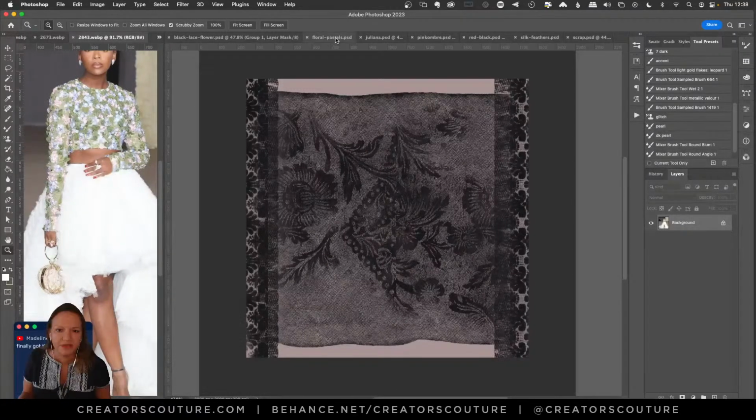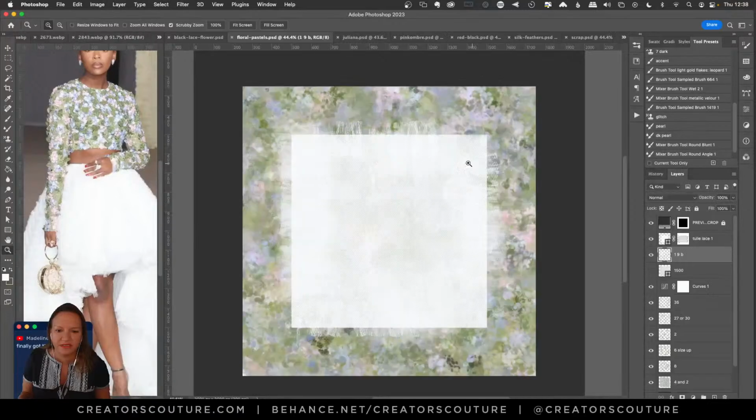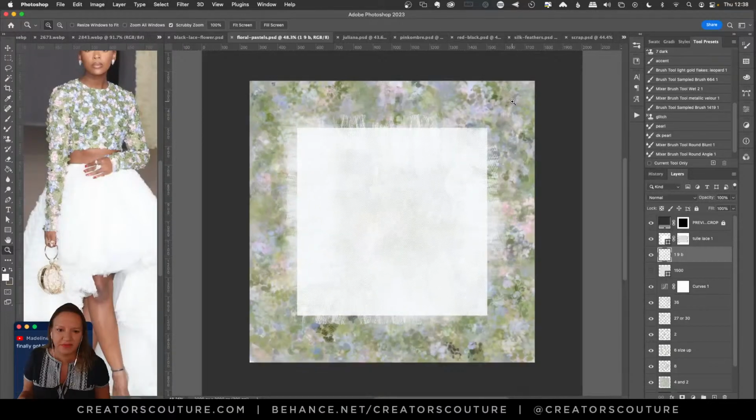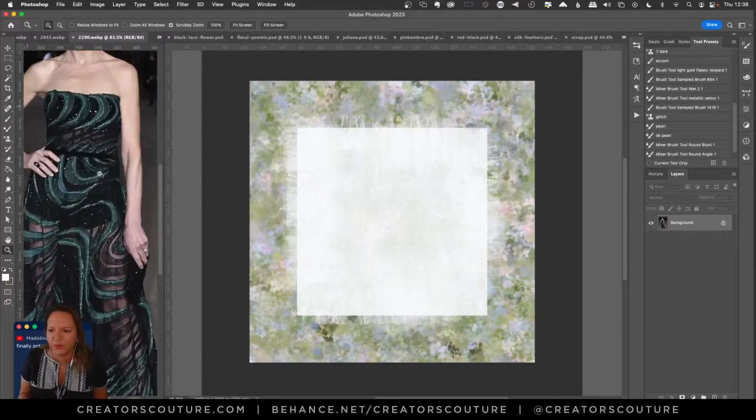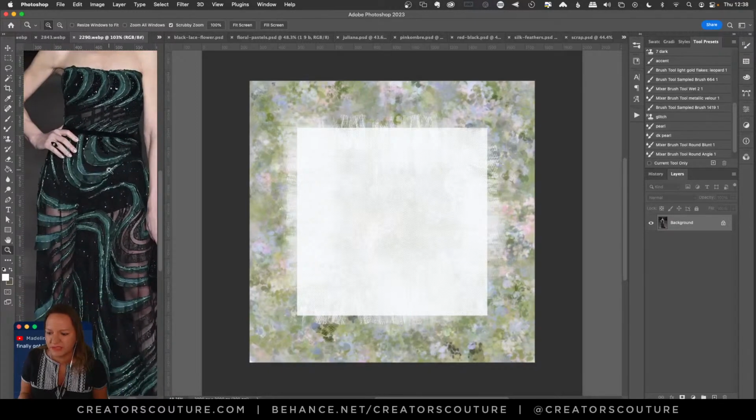So for this one, I turned it into like a little background with the flower motif around the edges, and then some white and a little bit of that tool, playing with the tool for the center. So it's just kind of like a jumping off point, but I'm going to go through real quick the tools that I used and all of that.